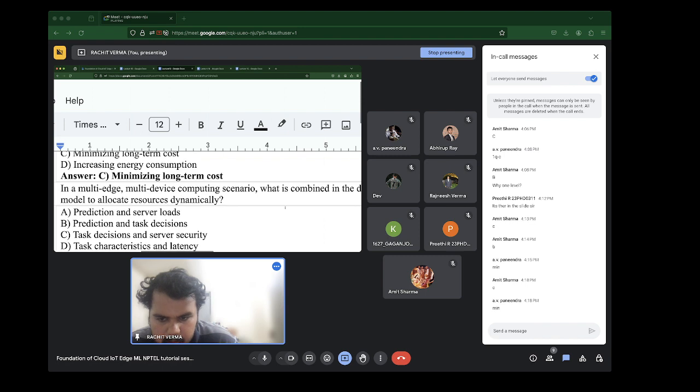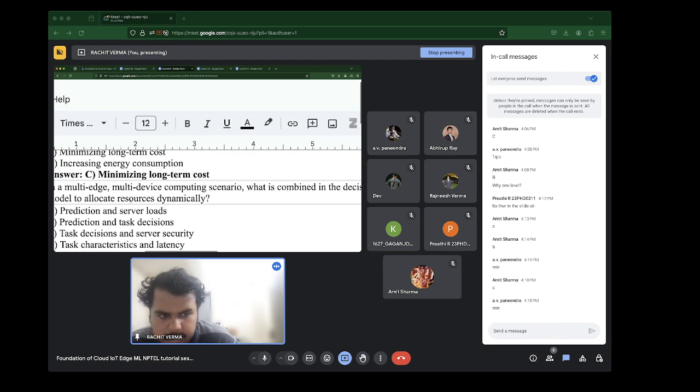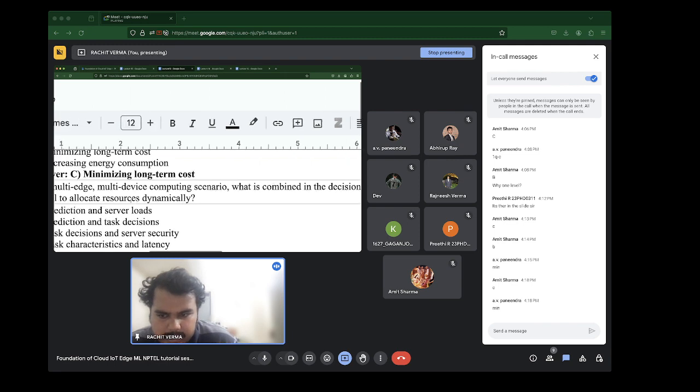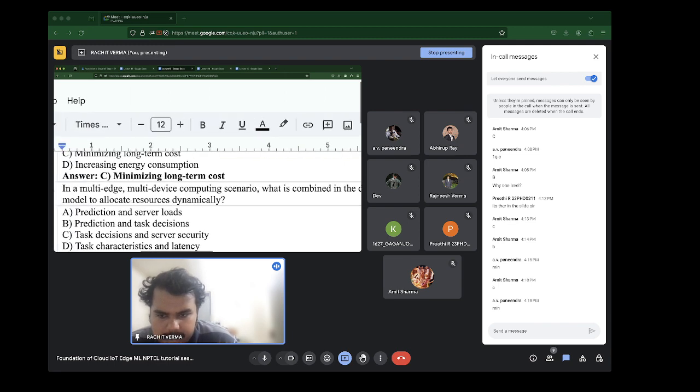In a multi-edge, multi-device computing scenario, what is combined in the decision model to allocate resources dynamically? Is it A, prediction and server loads, B, prediction and task decisions, C, task decision and server security, or D, task characteristics and latency?